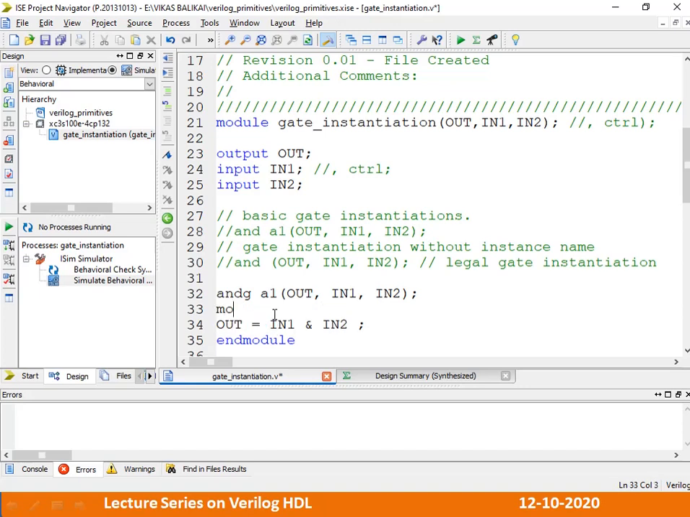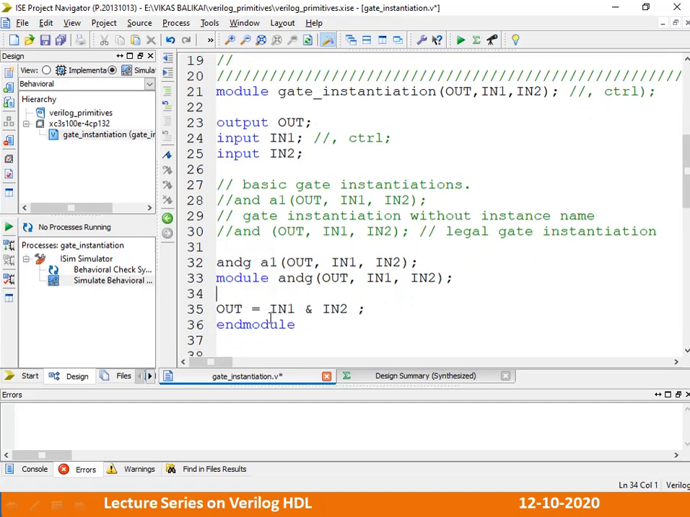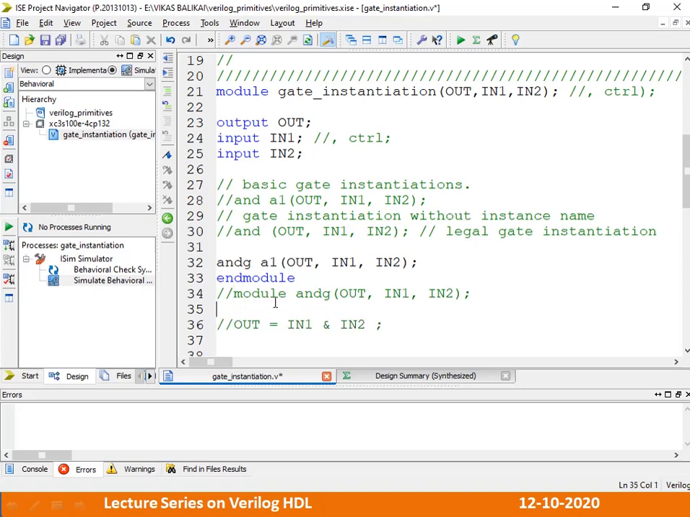So let's try to write module ANDG, IN1, and this is IN2. I'll come to this point, what I'm exactly doing over here. Now when you are simulating your own AND gate,